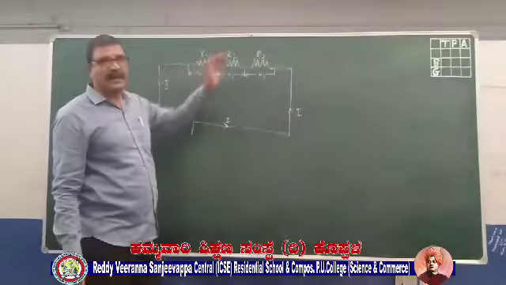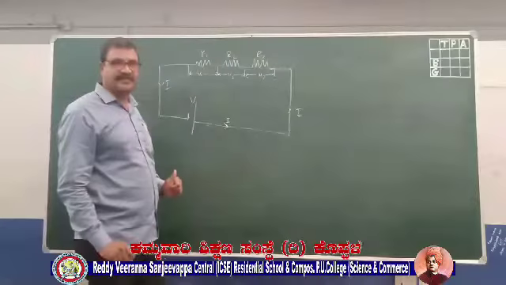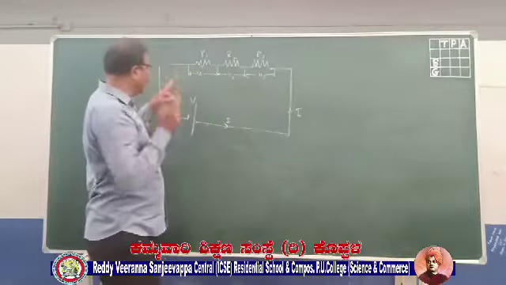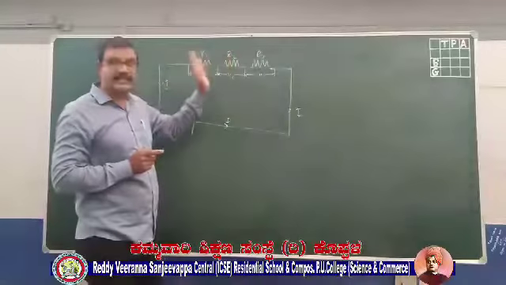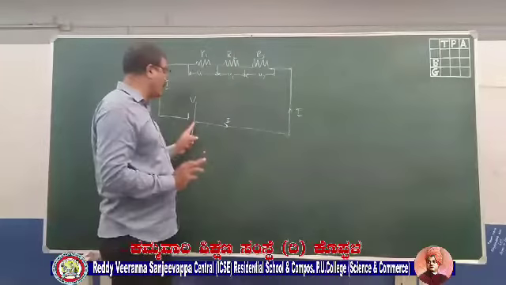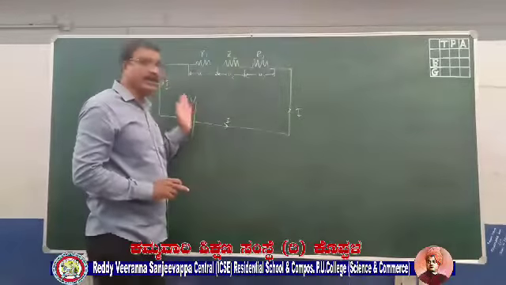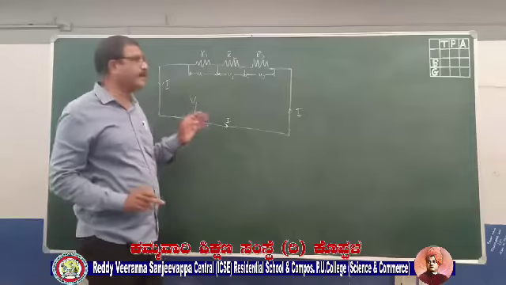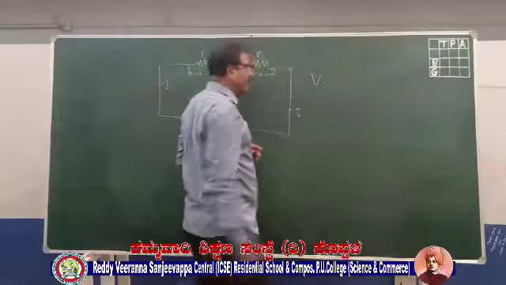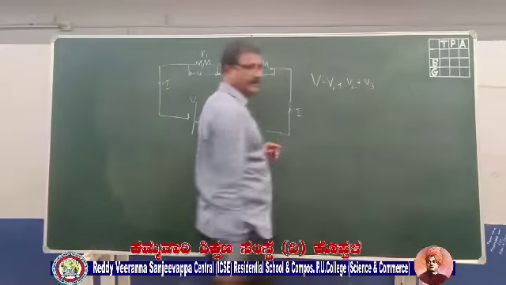But the same current I will pass through all the resistors. This is the characteristic of a series connection. So the total potential difference is split into 3 potential differences across the 3 resistors, V1, V2 and V3. Kindly note once again the direction of current I am using. It is not the direction of electrons, but the direction of the positive charges that is taken into account here. So this V, the total potential difference, is divided into V1 plus V2 plus V3.